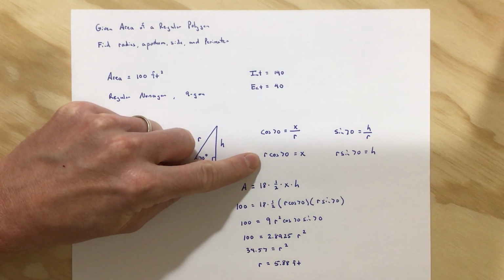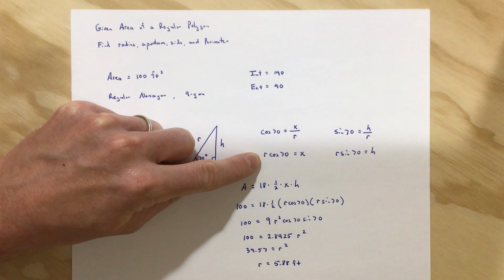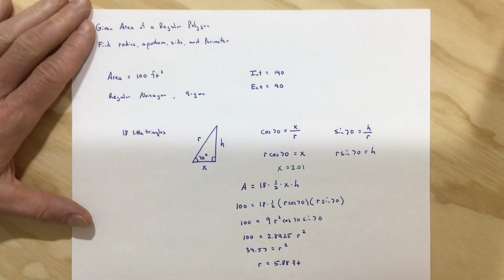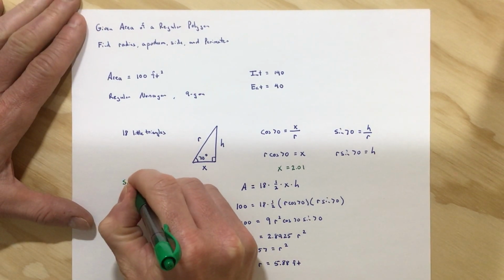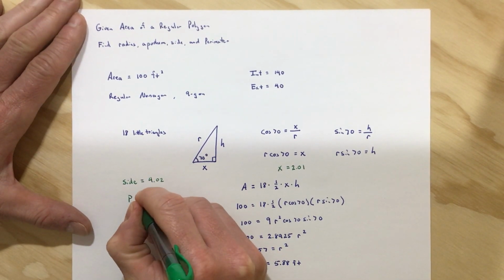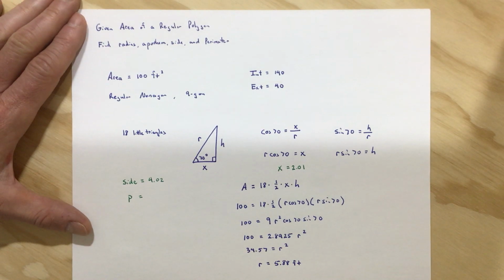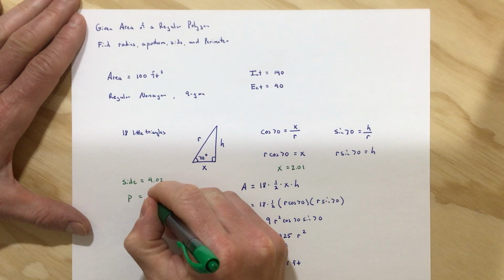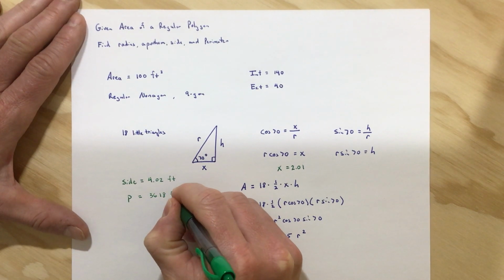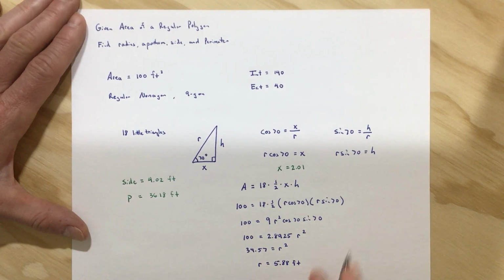Again, if you know r is 5.88, then you can just do 5.88 cosine of 70. And now I know x. X is 2.01. Okay? But if I know x, then I know the side length is 4.02. But if I know the side length is 4.02, I can multiply 4.02 times 9 because there are 9 sides, and I can find the perimeter. Okay, so the side length is 4.02 feet, the perimeter is 36.18 feet,